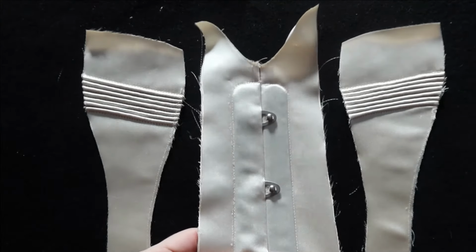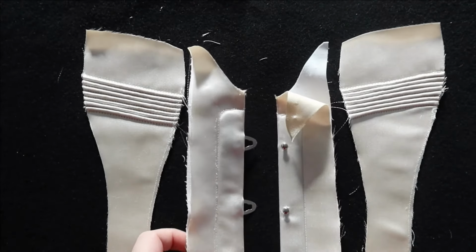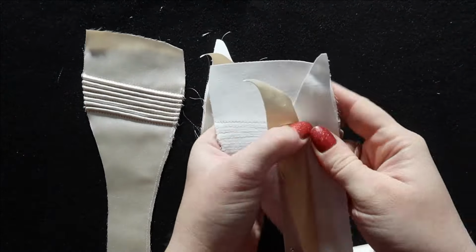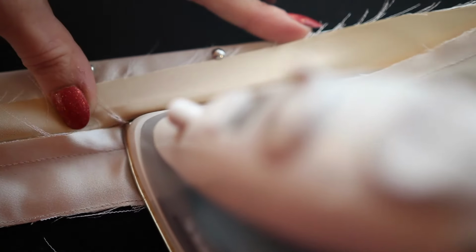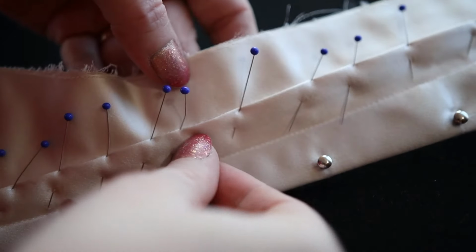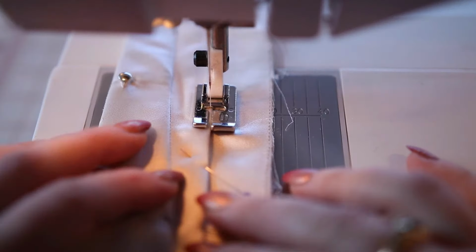Now that the busk is all done, we can move on to piece number 2 with the cording. We're going to stitch the foundation layer first, which means that the top silk layer here is going to stay loose. And then we're going to repeat that for the other side. Then iron the seam flat towards the busk edge. Now for the silk layer on top, we're going to fold that down to meet the stitch line and pin it in place. It should just barely be covering the previous seam line,